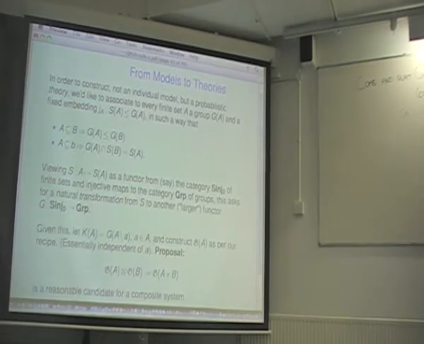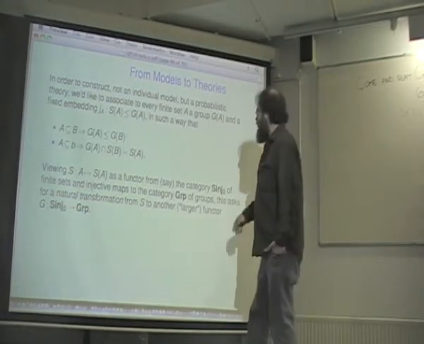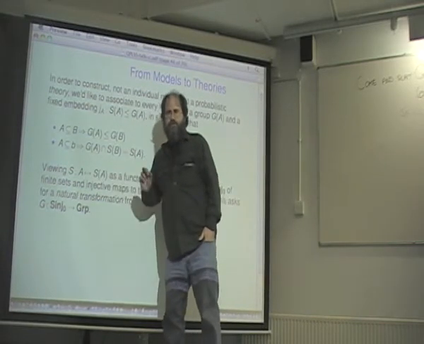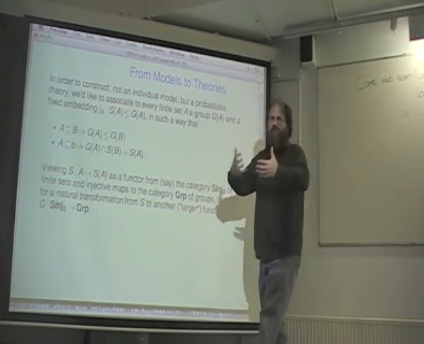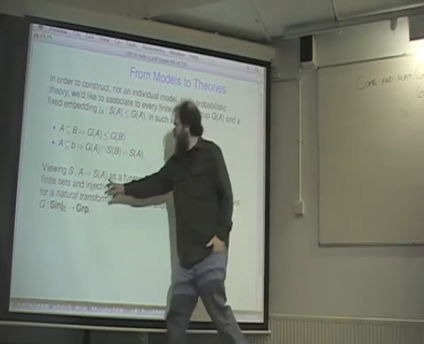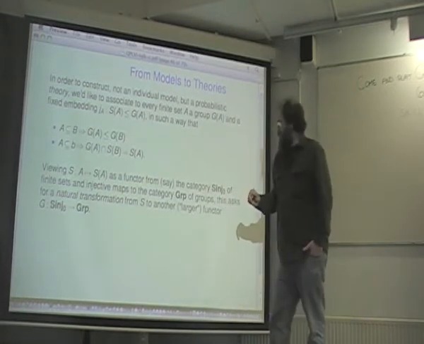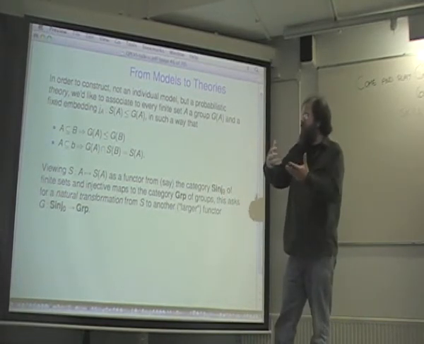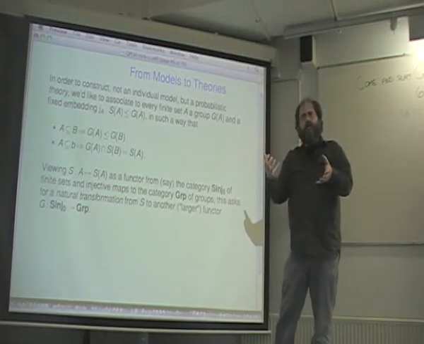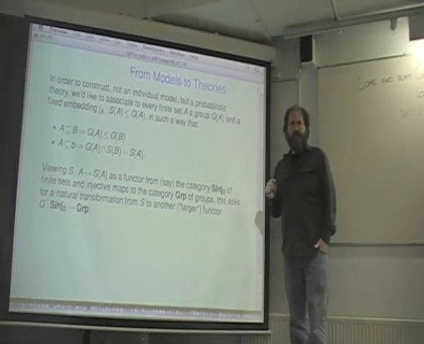Without going into too many details, what this suggests that we're after is a natural transformation from a functor, maybe the functor that assigns symmetric groups to sets, to some functor that, so to say, is larger, that assigns bigger groups to sets. There is an issue, though, of what functor that is on the object part. Well, the symmetric group construction isn't really functorial in any easy way from, say, finite sets and mappings into groups. It is functorial between injections between finite sets and groups.